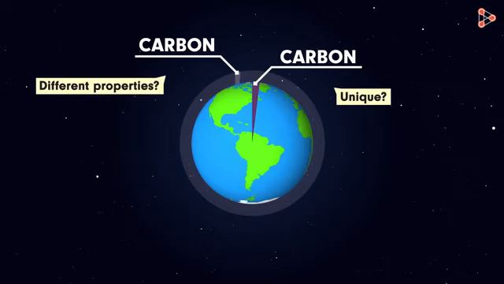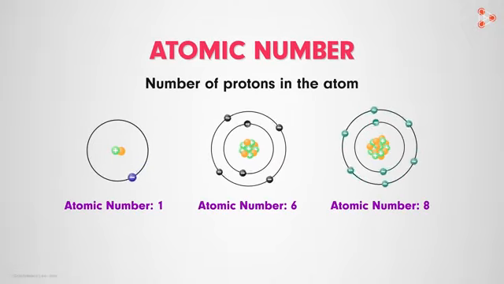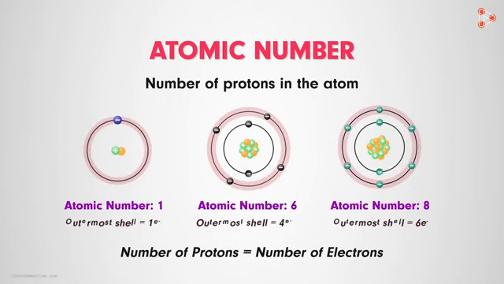Let me give you a hint. Can you tell me what are the chemical properties of elements based on? Yes, they are mainly based on the atomic number. The atomic number is the number of protons in the atom. And why is it so? Because the number of protons in an atom is equal to the number of electrons in it. Right? And electrons, valence electrons to be precise, are the ones that participate in chemical reactions. So is the number of electrons in the outermost orbital our answer? Absolutely. The chemical properties of an element are based on the number of electrons present in its outermost orbit.